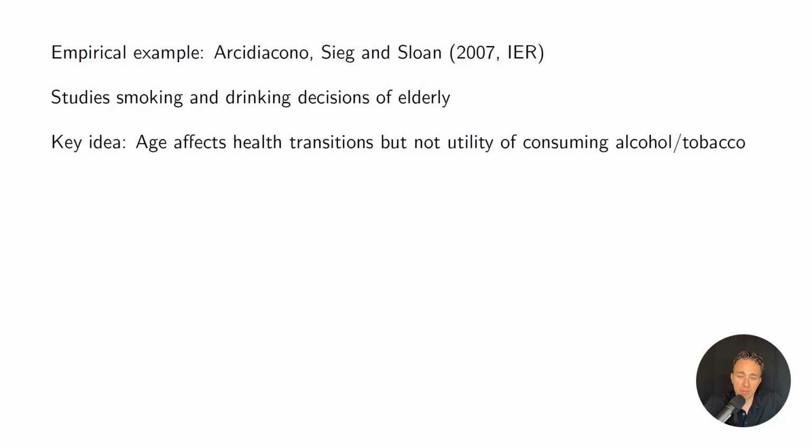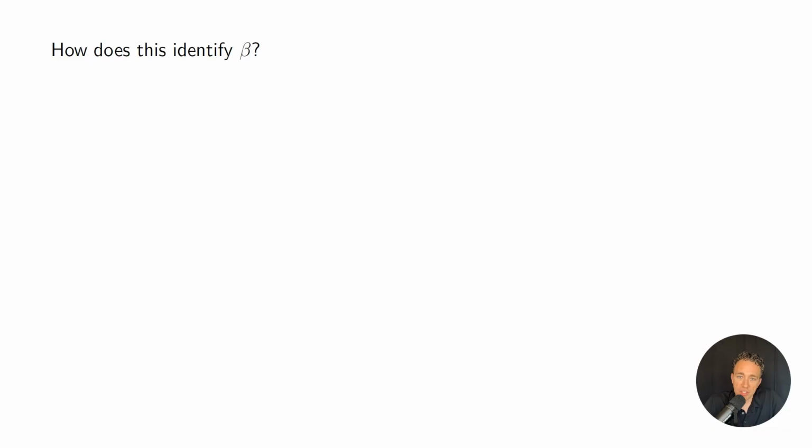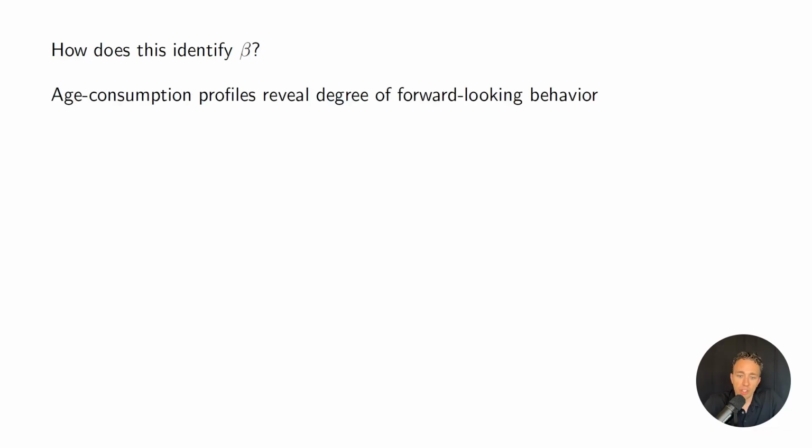And basically they show or they assume that age affects health transitions, but doesn't affect the utility of consuming these substances. So mathematically, age does not enter the utility function, but it does affect the transition probabilities. So how does this identify beta? Well, we can look at the profiles of age and consumption, and this would reveal the degree of forward-looking behavior